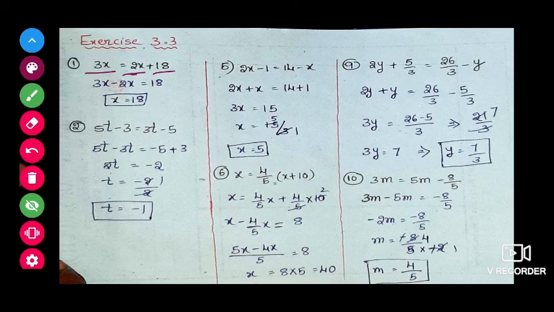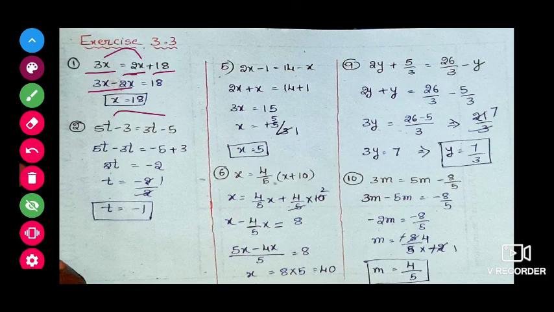So bring this 2x to this side. Same procedure, how we will take the variable and constants to one more side, how we will follow? Here addition, if it goes that side, subtraction. Here multiplication, if it goes that side, division. If here it is division, it goes that side, multiplication. In the same way here also, the variable on this side is plus 2x, if it comes this side, minus 2x. Now 3x minus 2x is equal to 18. So 3x minus 2x, x is equal to 18.